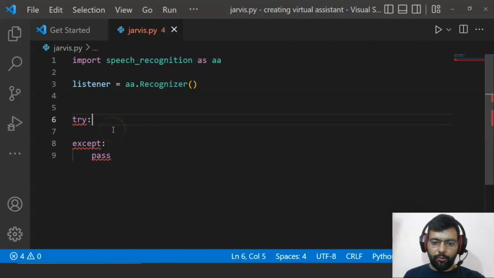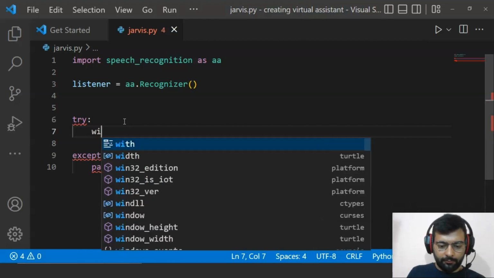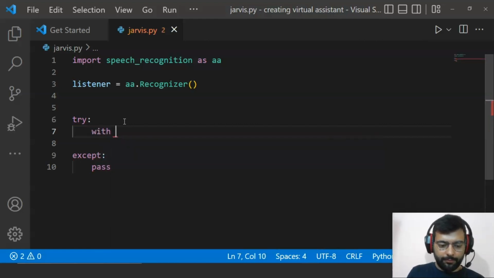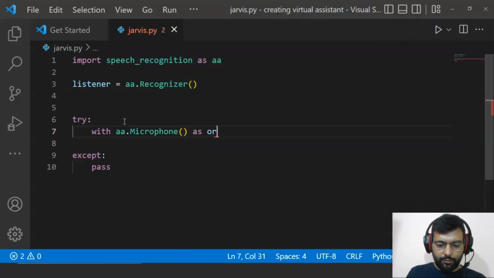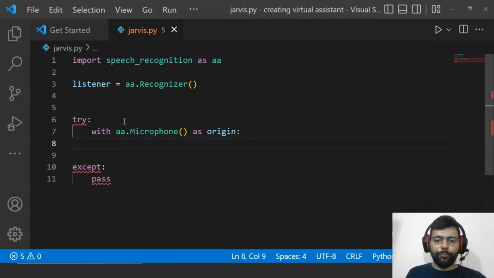And inside the try block, we'll use the microphone. For that, we will type the command and give it a name as origin, which will be the origin of our audio. For that, we'll write the command with AA dot microphone as origin. Now we'll create a new variable and name it as speech and add a listener to listen to this origin. For that, we'll write the command